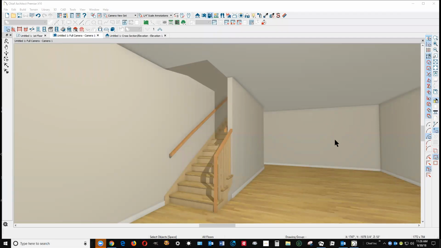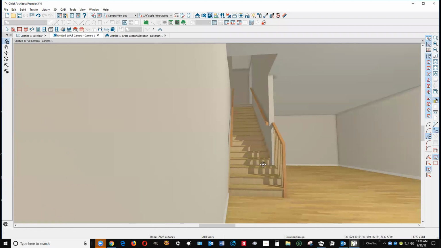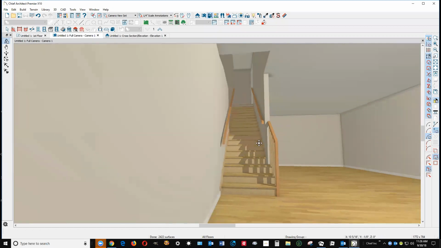Yeah, I've got this open in X10. Change the angle on that. You can see I've got two separate stair objects here, set manually as to height and width. One fits in between these two walls, and this one